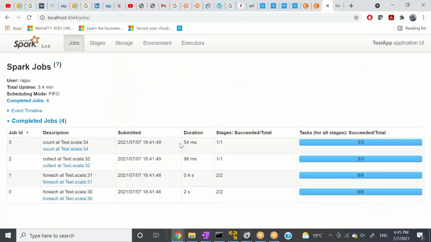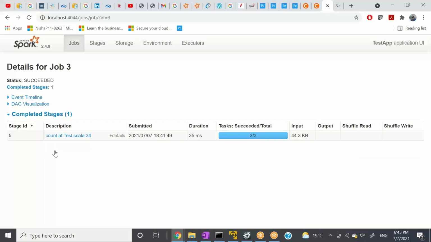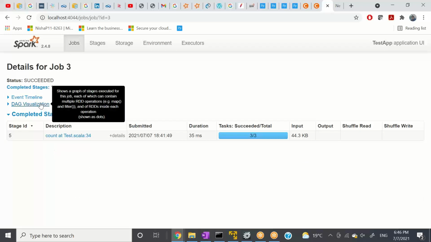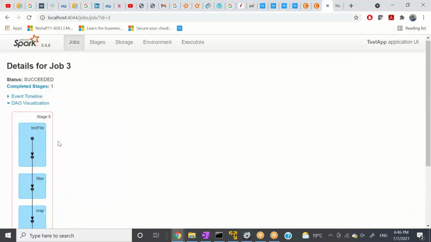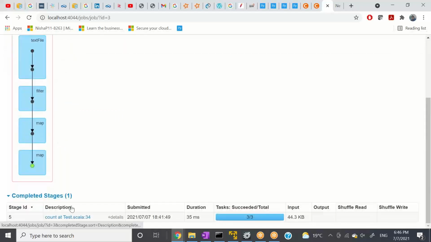Let's go to Spark UI and see if it is making sense. So the foreach is the first, second, and third action, and the fourth action is count. So it means the number of actions will be equal to the number of jobs. One thing is proved. Now let's click on one of the jobs. What I told you guys yesterday is that the number of stages is equal to the number of wide transformations, right? This thing is count. So for count, I just counted from map. Yeah, this is a very good example.